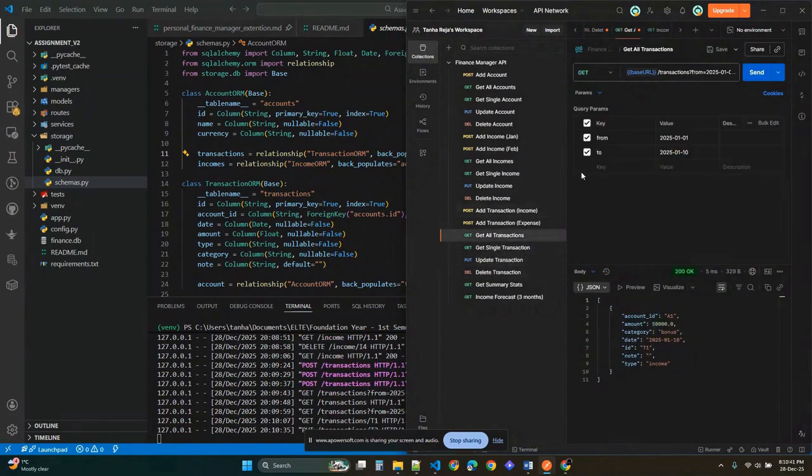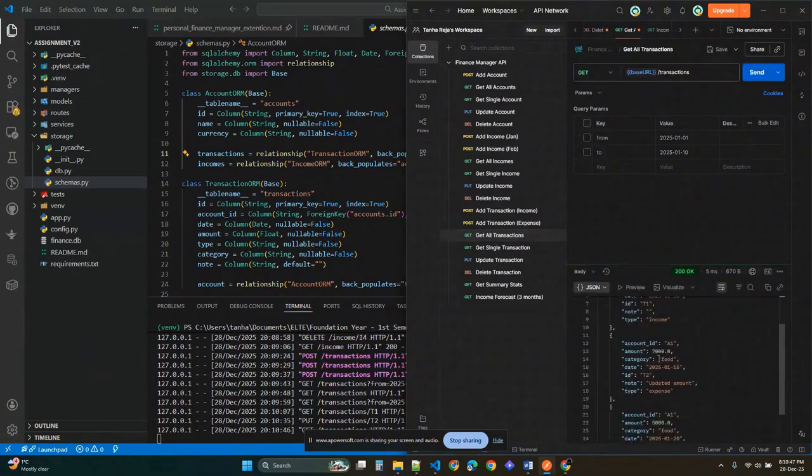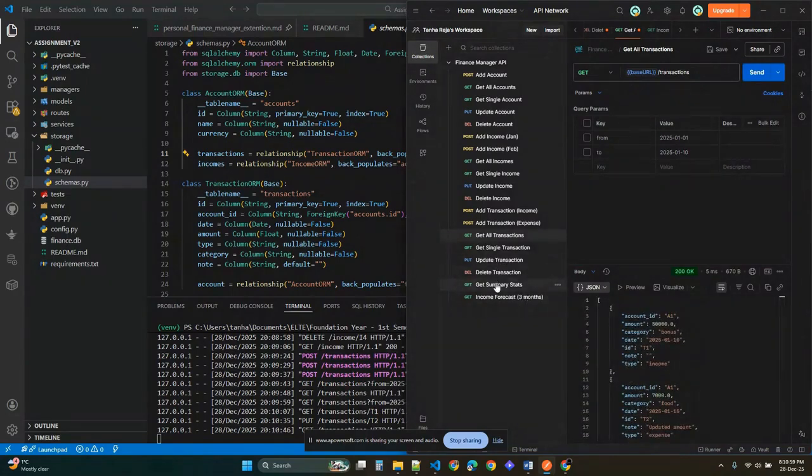Okay, now if I check again, I want to change this. The second transaction's amount has been changed to 7,000, and the date has been changed also. So next is our